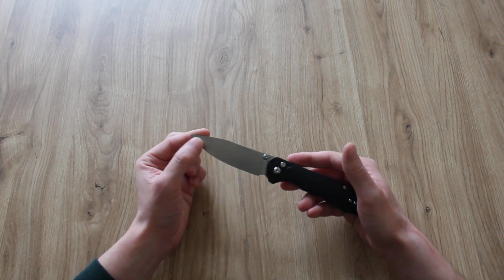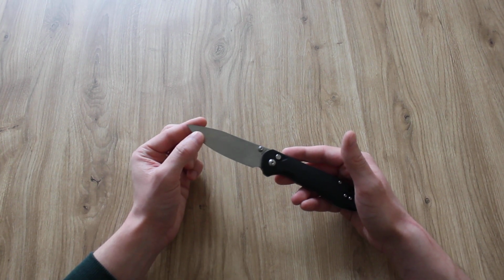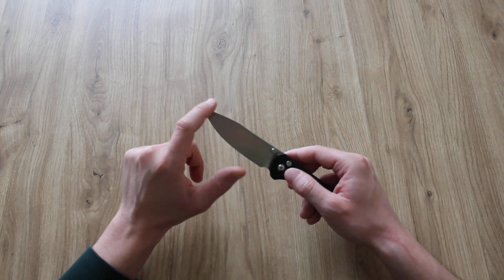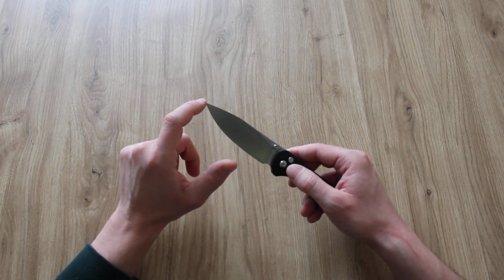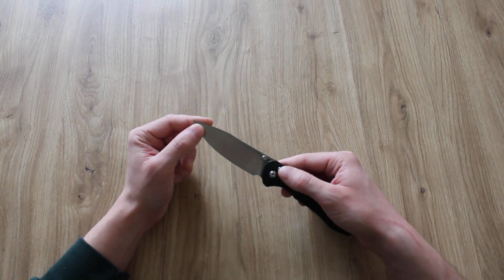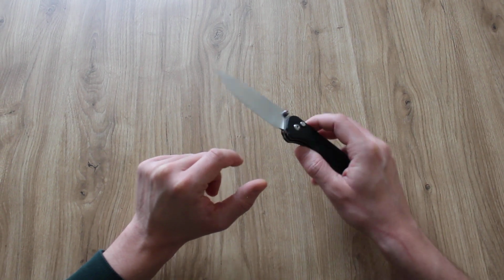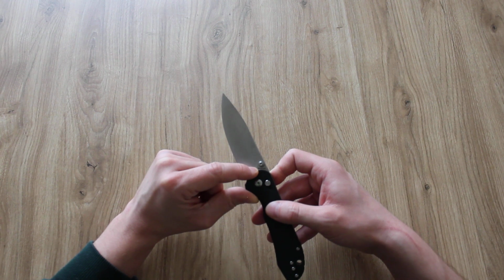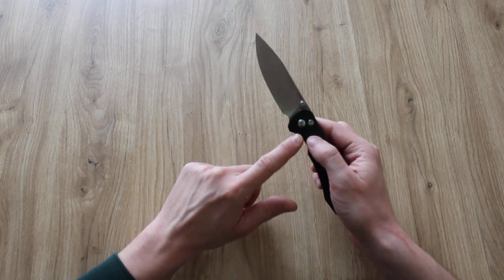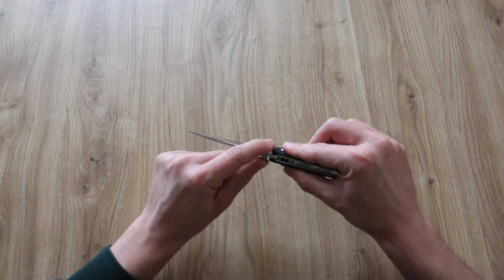Total length is 21.8 centimeters, blade length is 9.5 centimeters, blade thickness is 3 millimeters, blade steel is D2, it's a high alloy tool steel with increased corrosion resistance, tempered to 60 HRC, full flat grind, satin finish. On the blade there is an inscription Dulotec and LEAF, button lock, opening with double-sided thumb stud